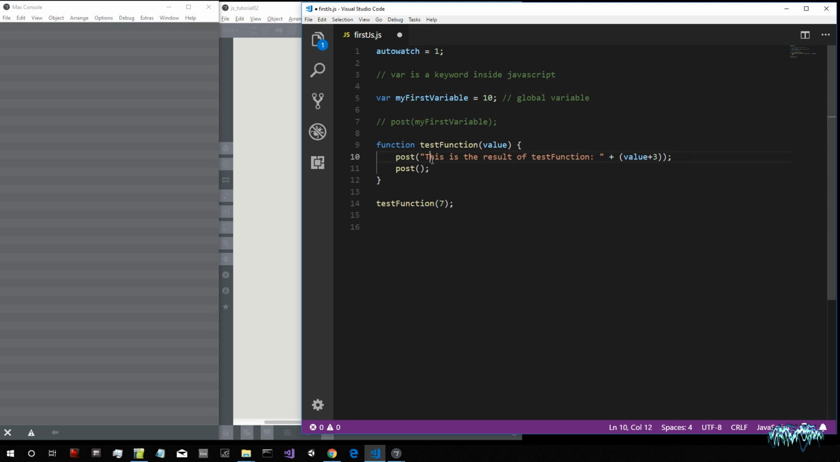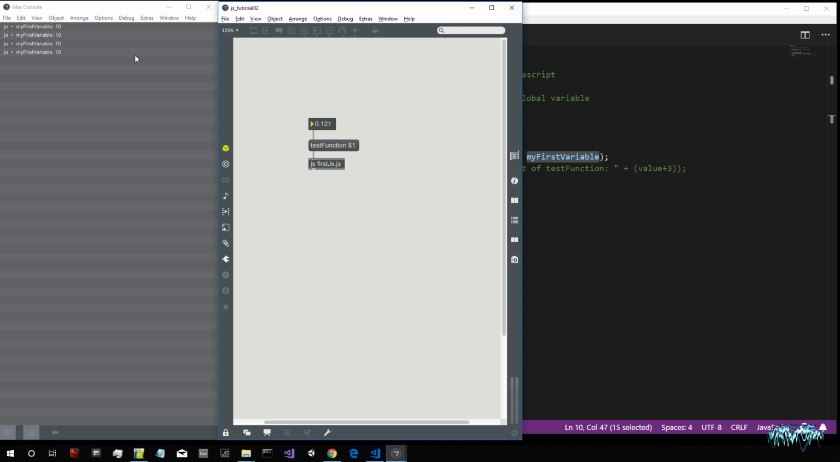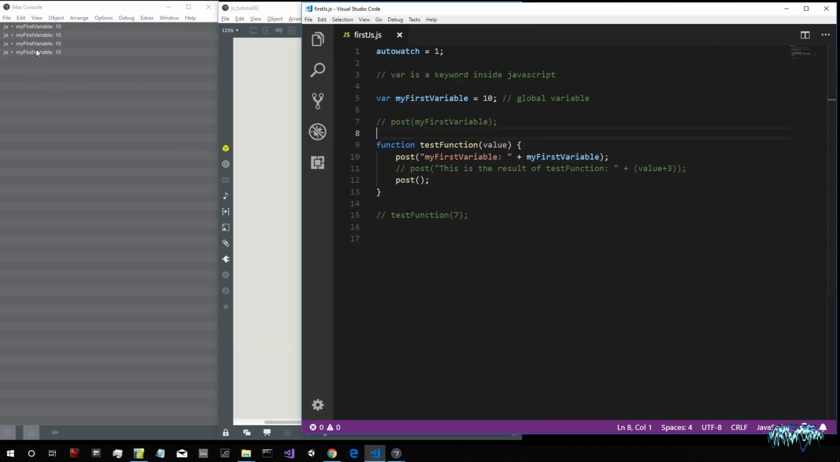Now, inside this function, I comment this line out and then I say post my first variable. I will call this function from Max. So I save and I write here my first variable, and then I attach this string to this value. And then I call the function, and it says my first variable is equal to 10. So I can access this variable inside the test function, because this is a global variable and exists in every